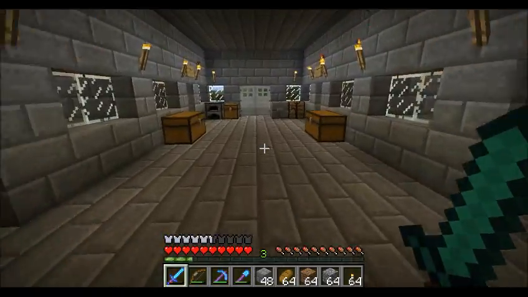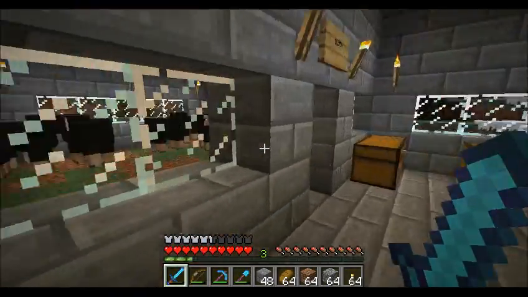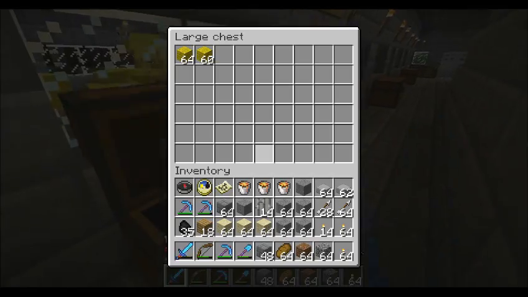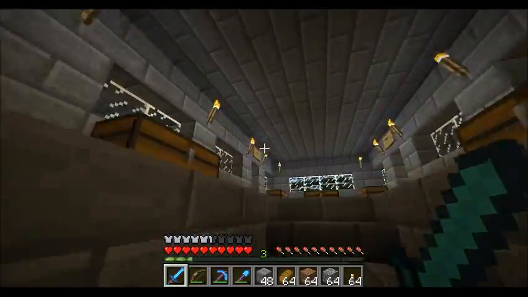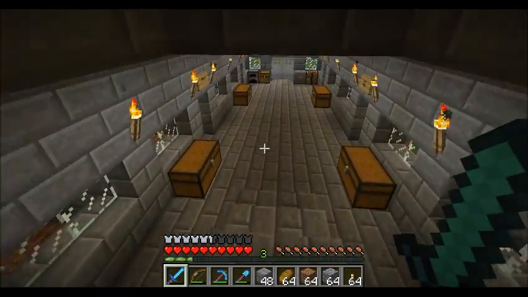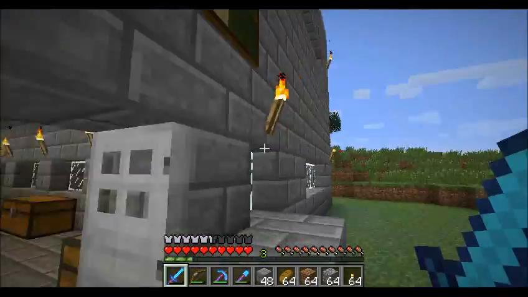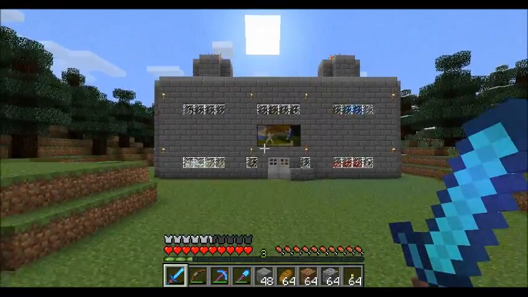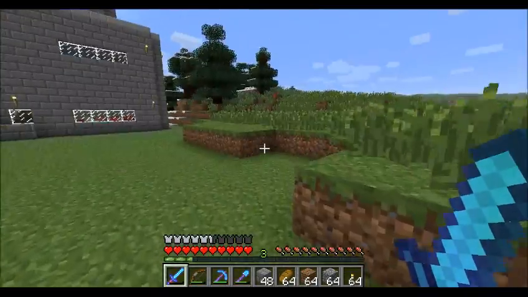So I've been working on this a little bit. One thing I did is I finished my wool factory, my sheep factory. As you can see, I finally found some cocoa beans, so I got my brown sheep in here. And then I got chests for every color. And then all the other sheep are up top. So that's done. I don't know why that's there. It could look better, but I'm okay with that. I mean, this is mostly a utility building anyway, so...